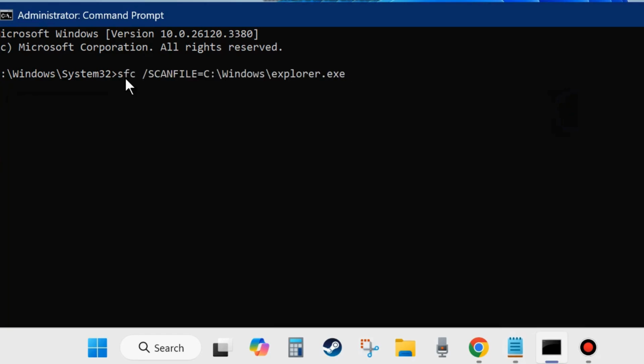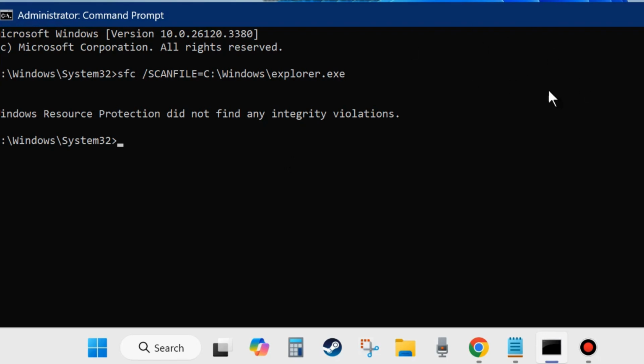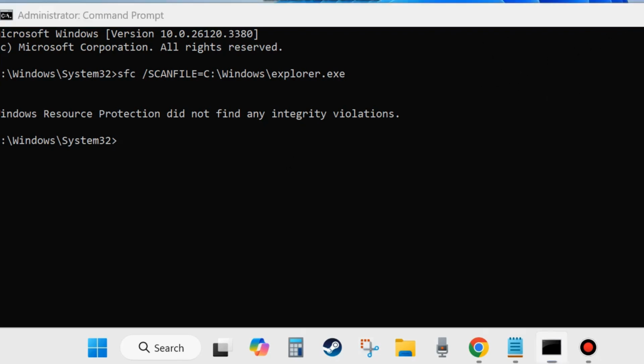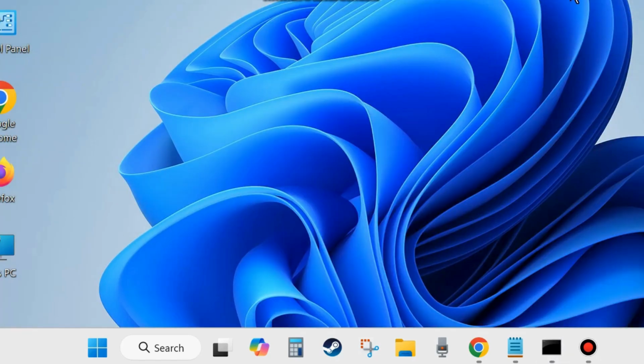And paste here and press Enter. It will scan your File Explorer. If any problem or issue is found, it will scan and repair it accordingly. After that, restart your system. That's